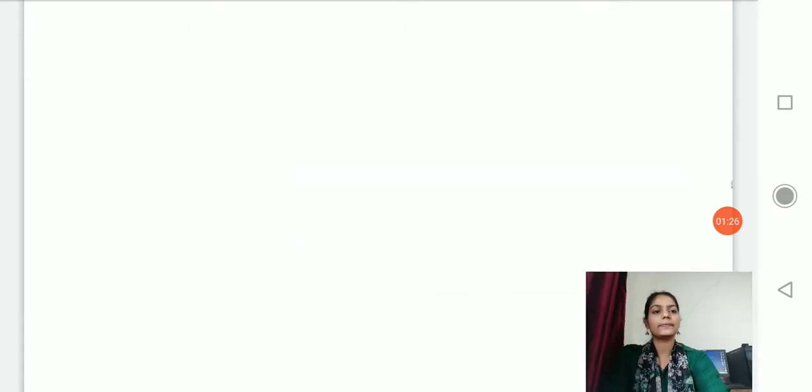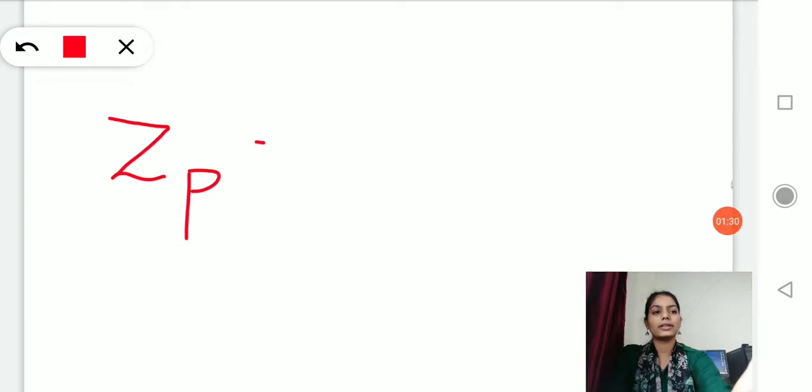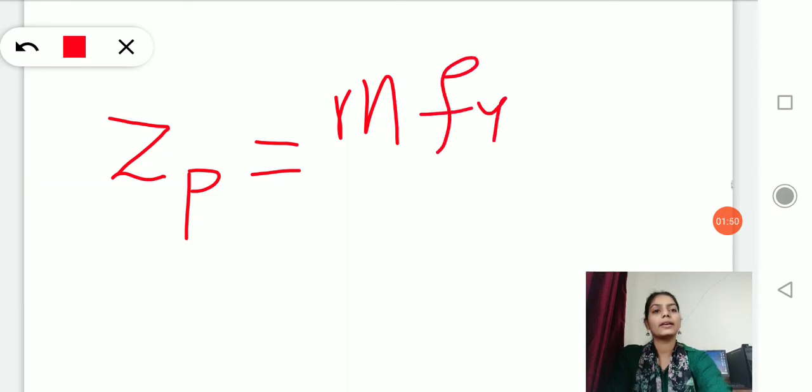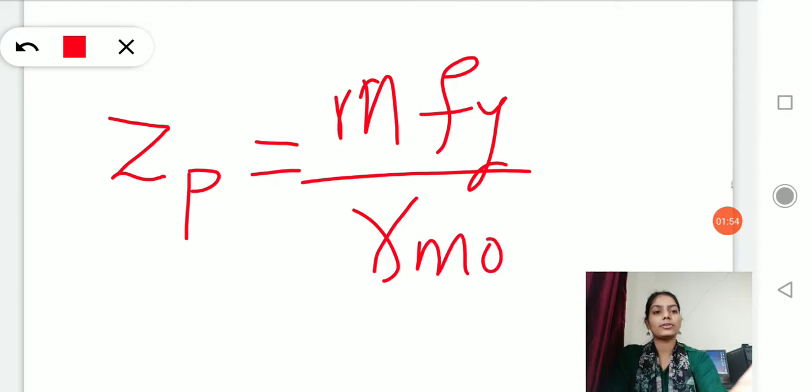See here, if I'm using any I section as a beam member, then that I section must be chosen from the steel table on the basis of ZP. What is ZP? ZP is the plastic section modulus. How do we calculate that? For that we use the formula M into gamma M naught divided by Fy, right?